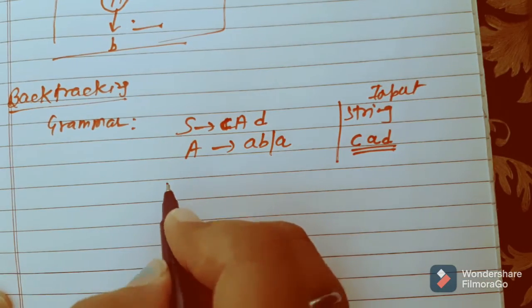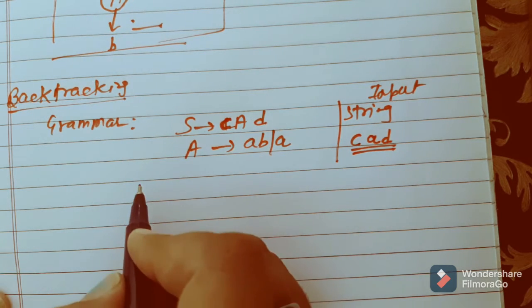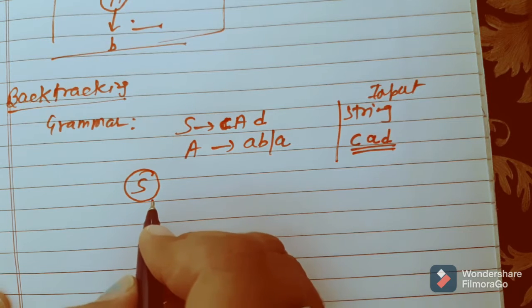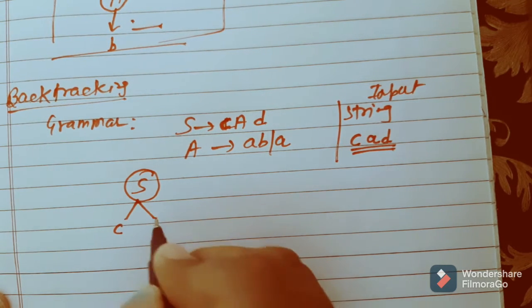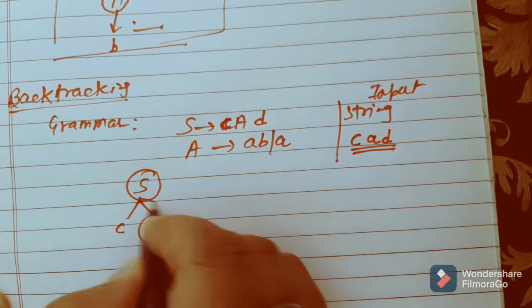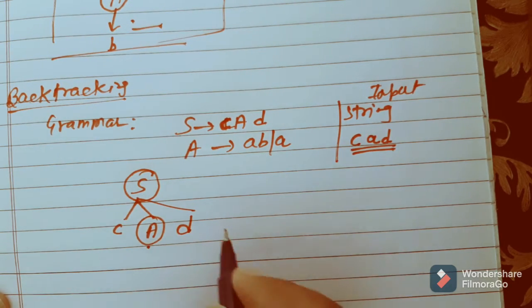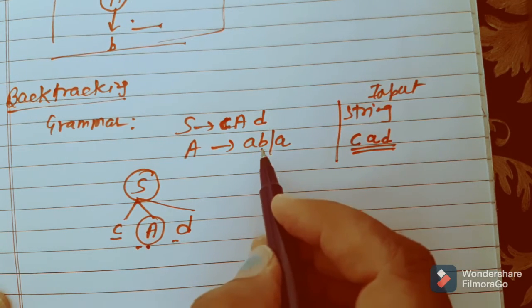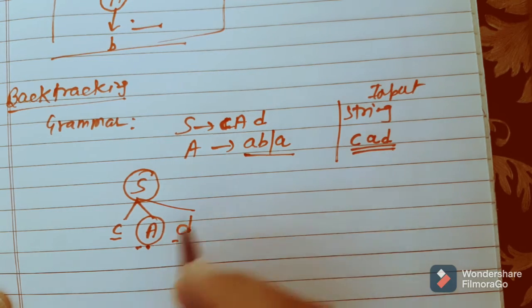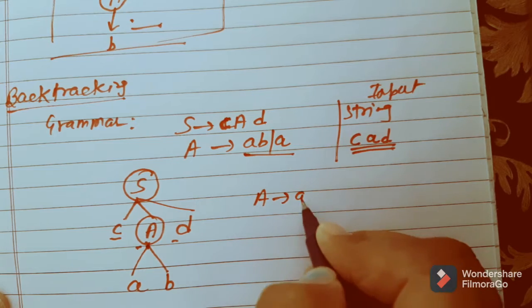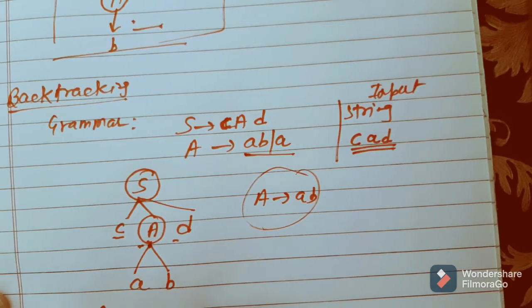See, this is the input string. First I will make a parse tree. I have discussed the parse tree right now, so I can draw it very easily. I will start from the top, the starting symbol. The starting symbol acts like a root and it will be the top of the parse tree. Now these are the nodes, and A is the internal node. These are the children. I know very well the parser works from left to right, so the first alternative will be this one. So A will be replaced by AB first. This is the parse tree.